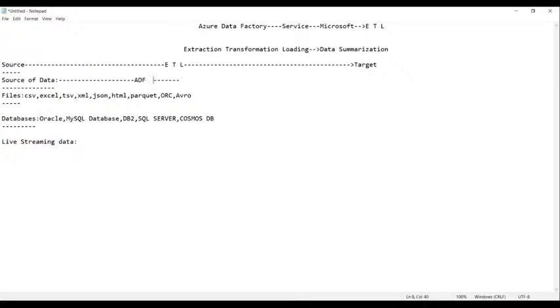Using ADF, we perform the job of ETL, that is extraction, transformation, and loading, and load the data into the destination. Target can also be referred to as destination. Clear, everyone?